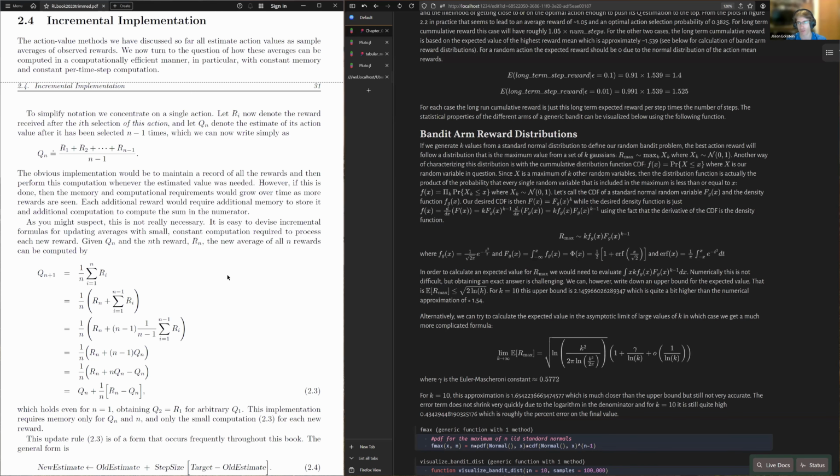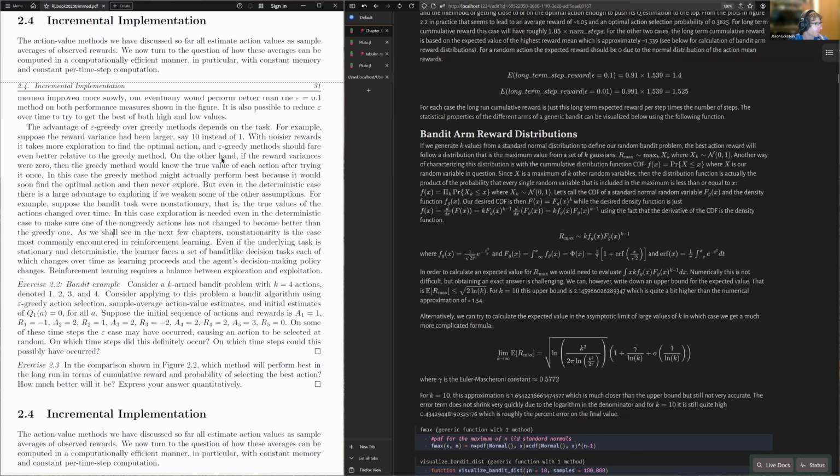They don't talk about this in the book, but if you're curious, you can actually calculate what to expect from one of these bandit problems. We know that we are generating the arms from a standard normal. Now, we're interested in the reward of the best action. For any given problem, like they showed an example here,